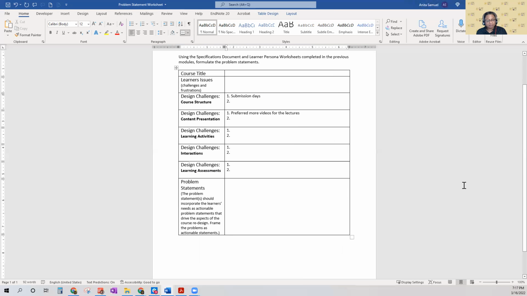So my problem statement could be, learner needs to be able to navigate the course site easily because locating links and readings is currently difficult.